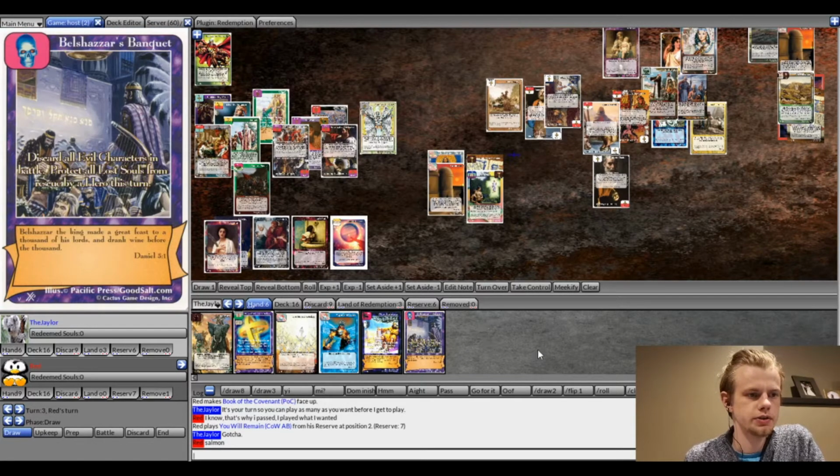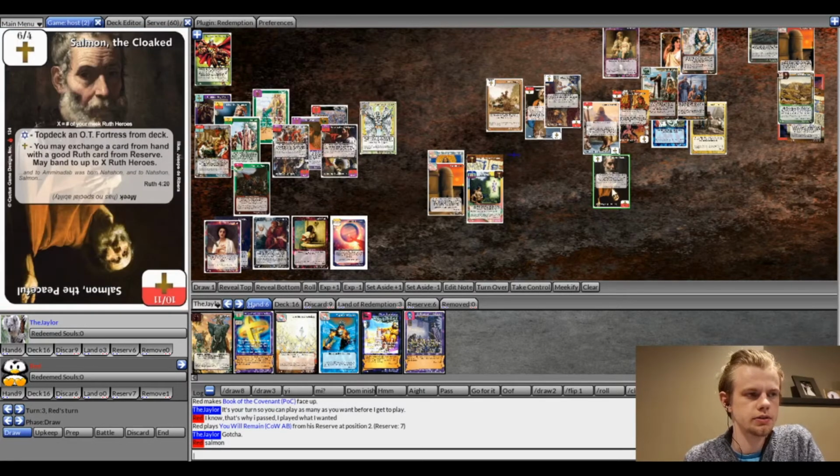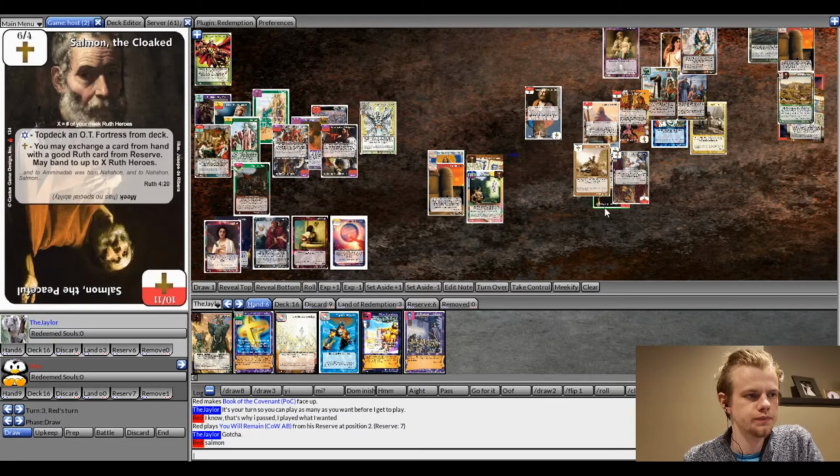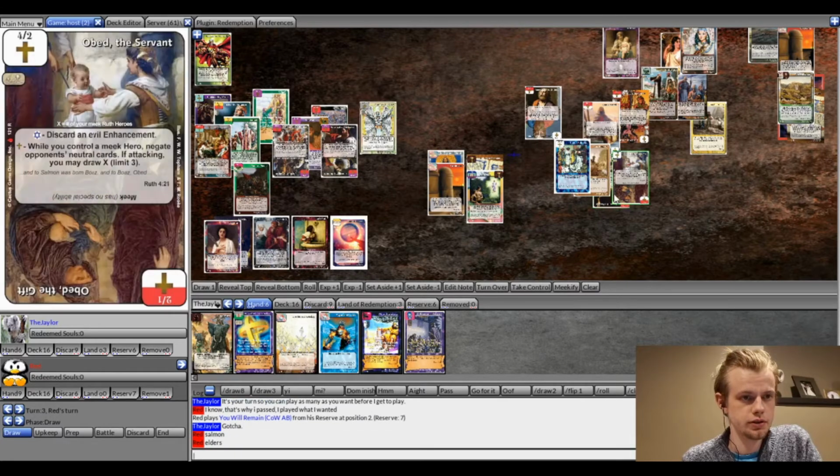So we know he has Angel of the Lord in his hand. So if we can get 2 evil characters in battle, that would be ideal. He's going in with Solomon again, banning up to X Ruth heroes, which is the number of his Meek Ruth heroes, and he has 3 at the moment, so he's banning to